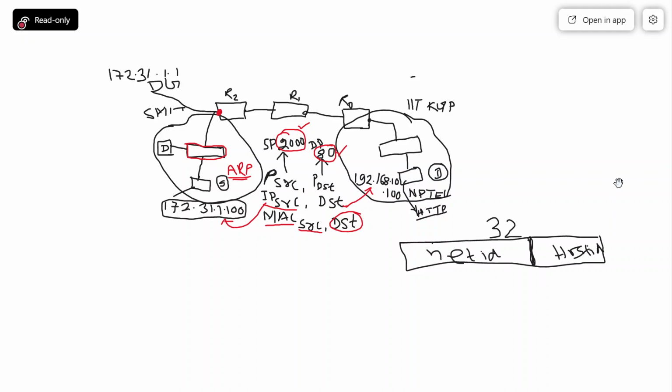Just see in the post office also, if a packet is to be transferred internationally, first of all it will see the country code. Like in the telephone, if you are making an international mobile call, first of all it will look for the country code.